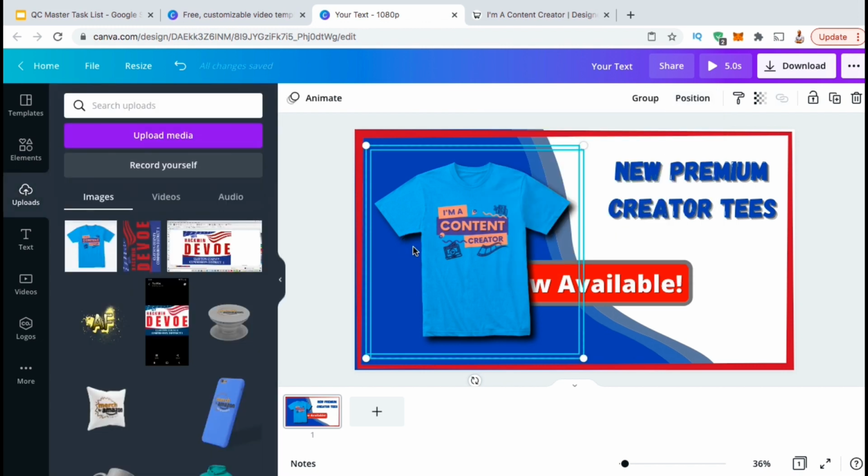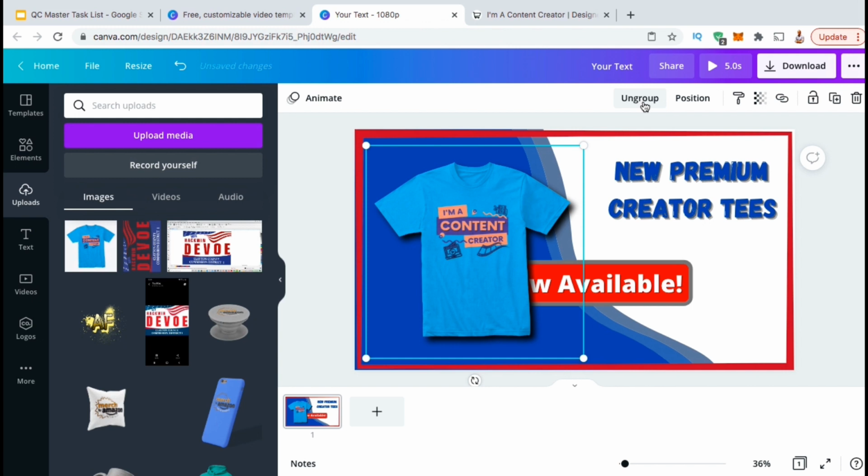And there we have it. My image now has a shadow. I think this looks much better. But before we continue, let's select both the shadow and the product image, then go up to the top menu here and click on Group to group them together. This will make it much easier to resize and move them around at the same time.